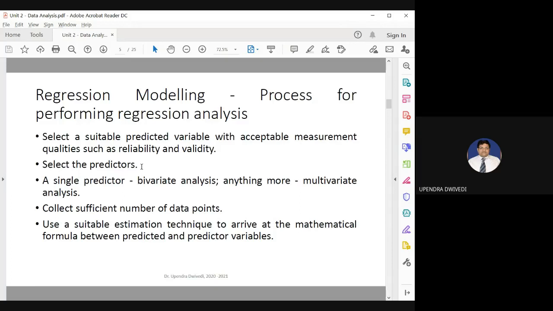The predictor variable, as you know, is related to the predicted variable. Suppose we have taken house price prediction, with house price as the predicted variable. Now you can relate what the different parameters are that affect the house price. For selecting a predictor variable, you can do some survey. You can talk to existing house buyers, house owners, or prospective house buyers, and you can also go to the house seller because a house seller has a different perspective compared to a house buyer.